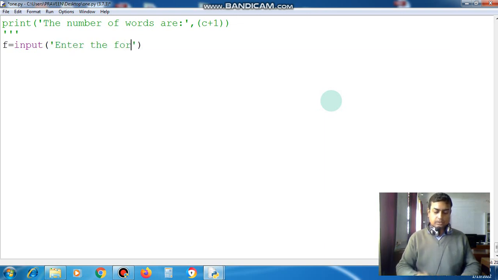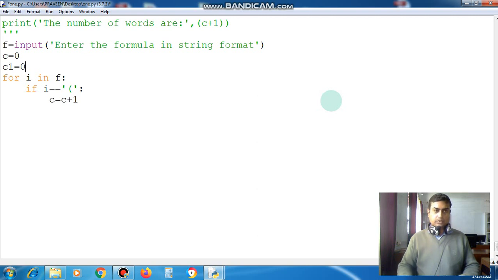Enter the formula in string format. c is equal to 0, for I in f, if I is equal to this one, c equal to c plus 1,